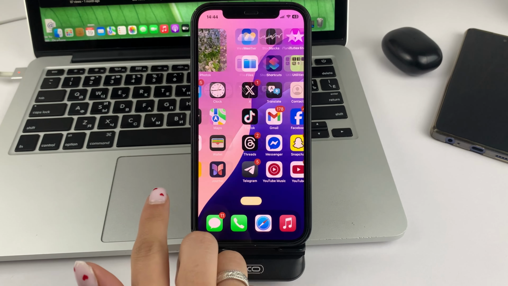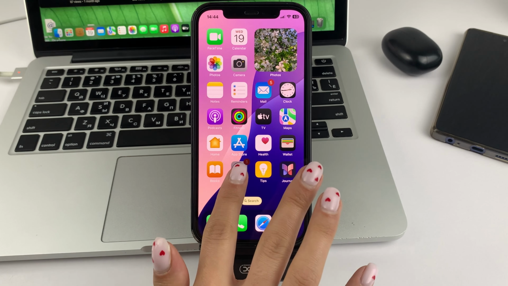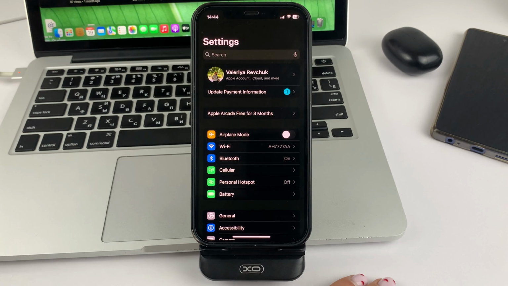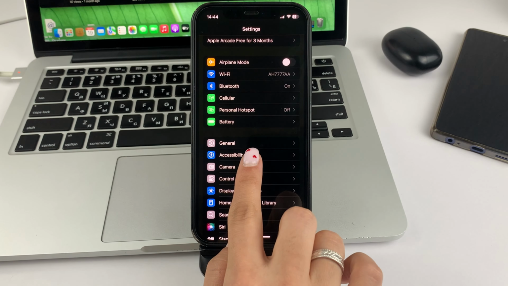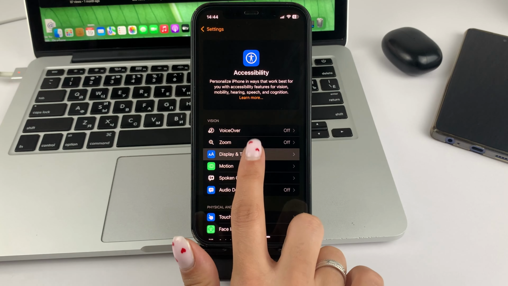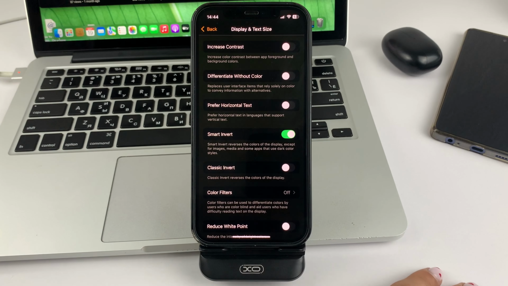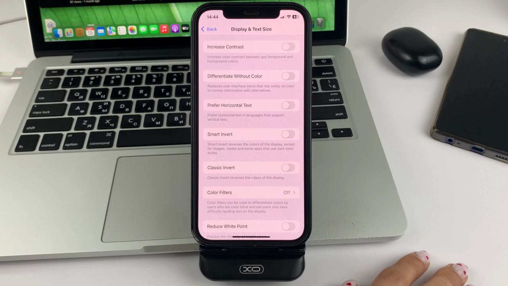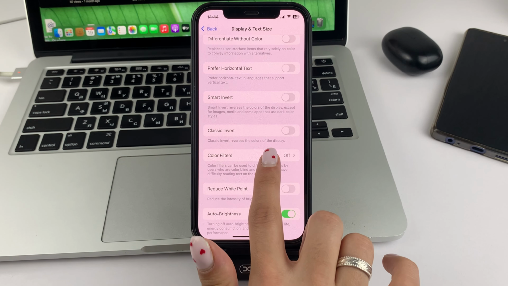And just so you can change maybe the color of the settings or the look of your iPhone or the color of the apps. Please open up Settings, scroll through a little bit and select Universal Access. Here, select Display and Text Size. Scroll down a little bit and look for the Inversion section. If you have it enabled, please turn it off. Then scroll down a little further, pause, and go to the color filters.